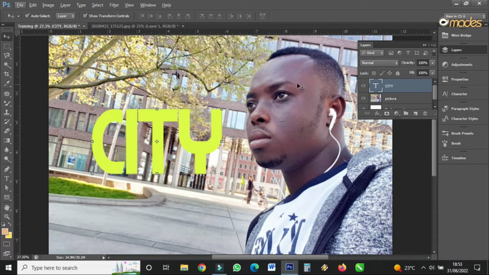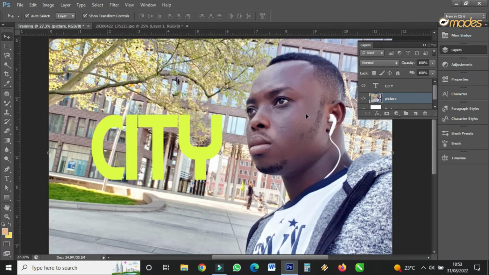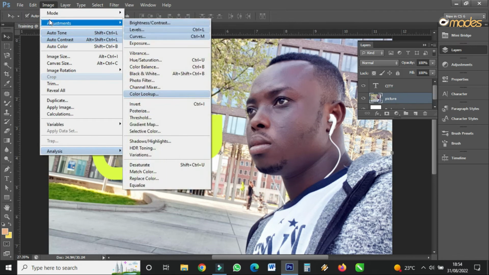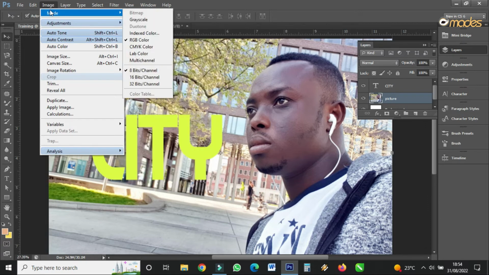So let's select the layer. This time around, this one is selected. When you select the layer, this layer that we have selected is the image, and when you come here, as the name suggests, you have Image here. It means we use it to control the image, any image that you put here. So when you come to Image and you come to Mode, we have